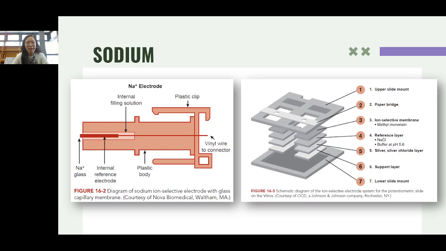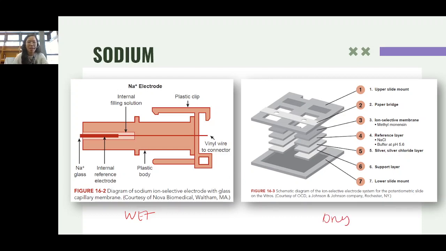Now your ion selective electrode kits are the following. It depends. If you could still recall your clinical chemistry 1, we have what we call dry chem and wet chem. When we say wet chemistry, the analyzing processes involve a liquid state, whereas when we say dry chemistry, instead of using a liquid, the reagents we use are already incorporated in a pad. So this one is an example of your wet analyzer or wet chemistry, and then this one is